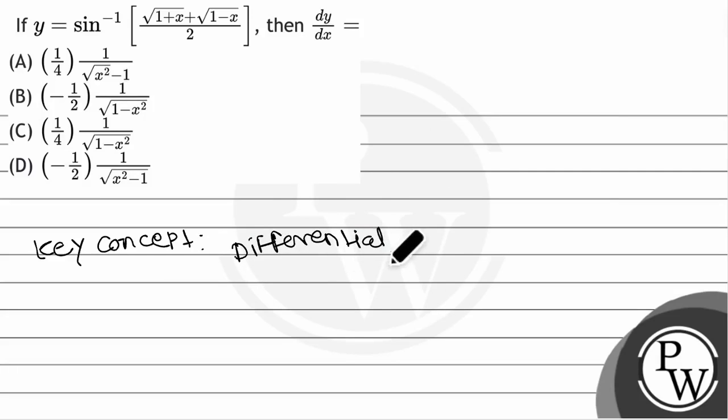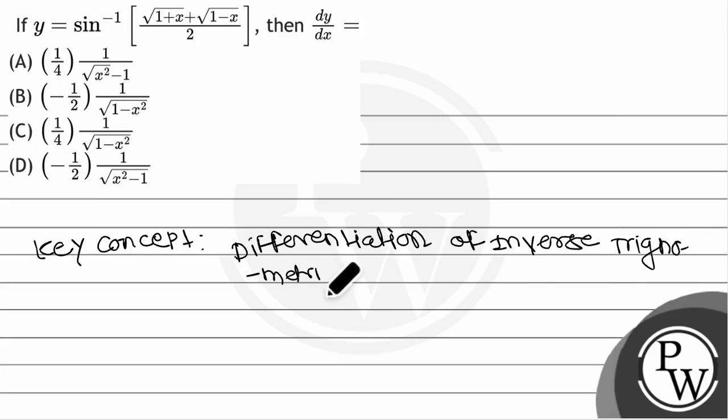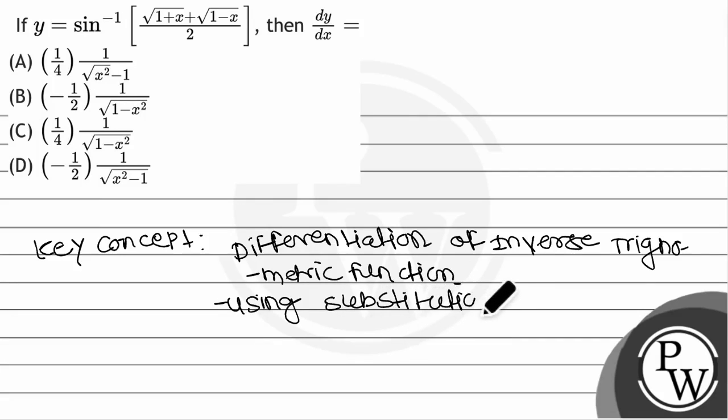Differentiation of inverse trigonometric functions by using the substitution method. Okay, we use the substitution method. So what we do, just write down the given function as it is, that is y equal to sine inverse of, in the bracket, root of 1 plus x